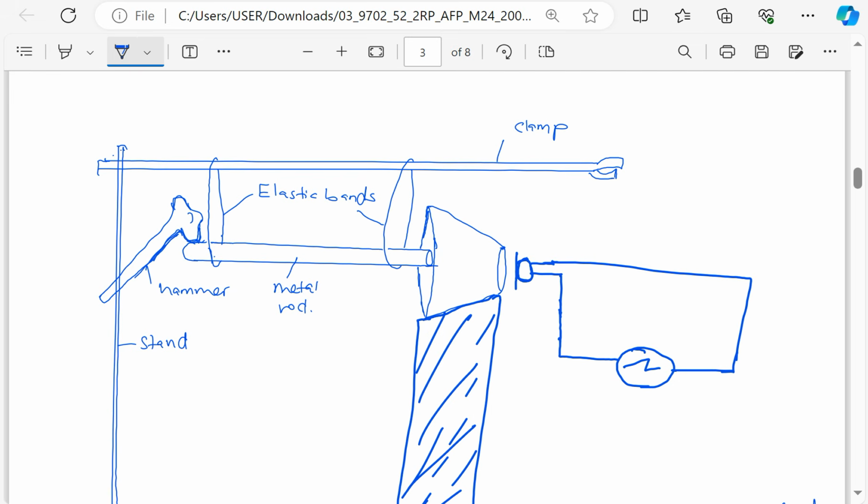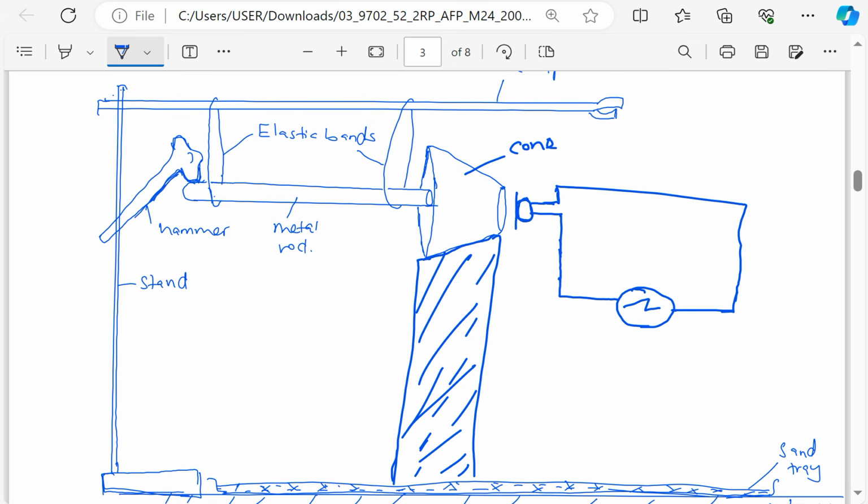So all I need is the cone. I'm not interested in that stand. So this is the cone. So this, if you're not sure, the symbol for the microphone may not be very clear when I do it like this. I'll first of all raise this upwards. Okay, so this is going to be a calibrated